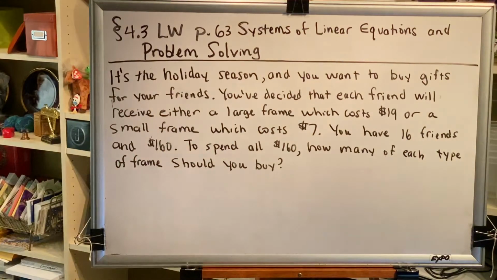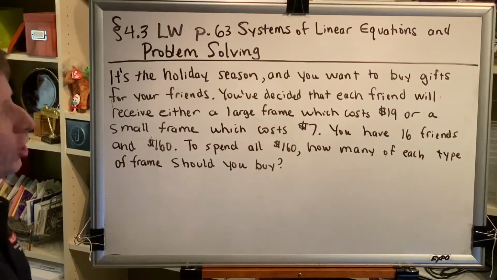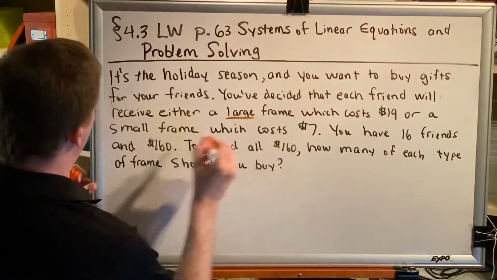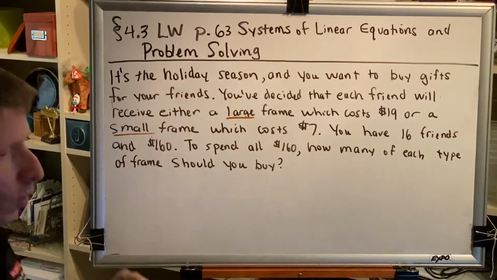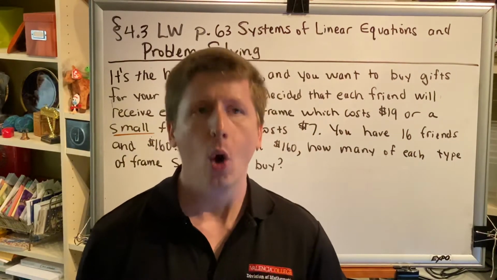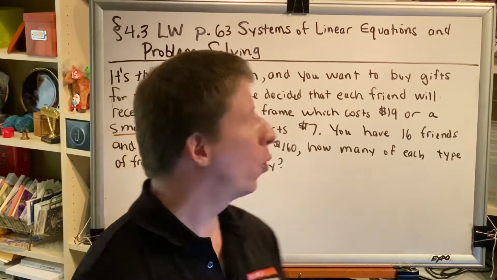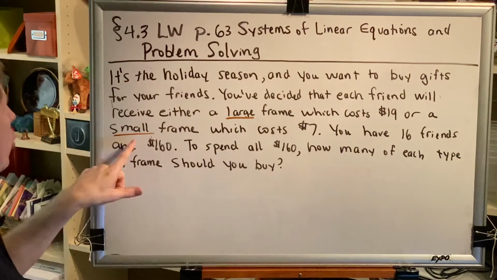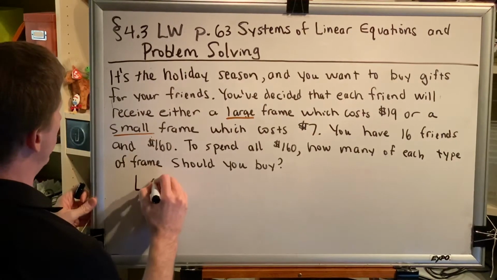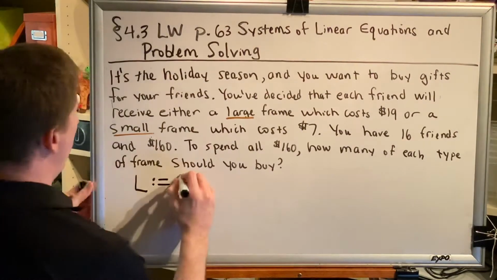Okay, so let's begin. First of all, it says of each type of frame. What are the two types of frames in this problem? Well, they are large and small. So if we want to be able to tell them apart, we should choose variables that make clear what the variable is representing. So instead of using x and y, we're going to use L for large and S for small. So our first variable definition is going to be L, and L is going to be defined as the